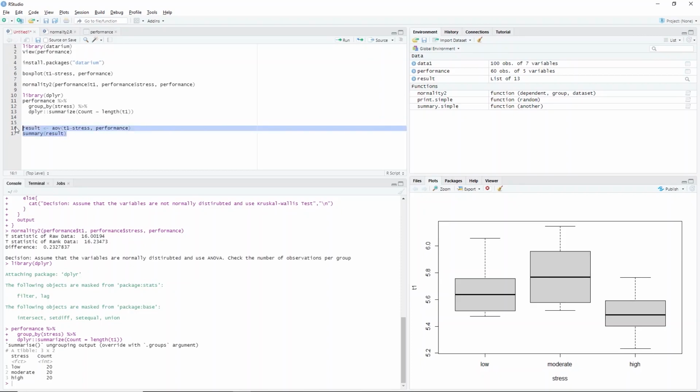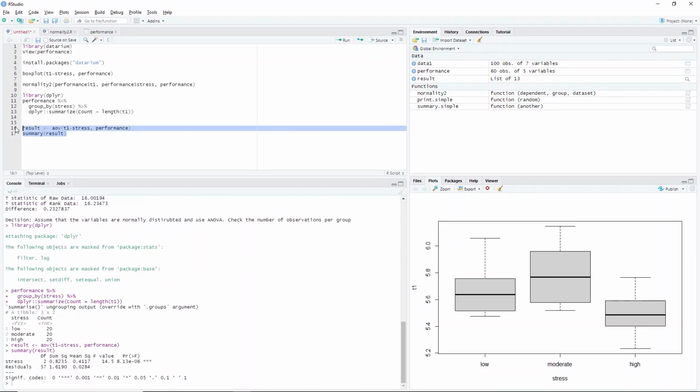Highlight the code and press Ctrl-Enter. In the console window, you will see the result. This row is the between treatments row, whereas the next row is the error or residuals row. Therefore, 2 is the degrees of freedom between treatments, 57 is the degrees of freedom of the errors,